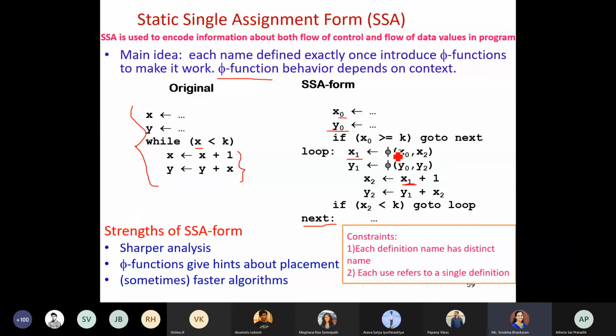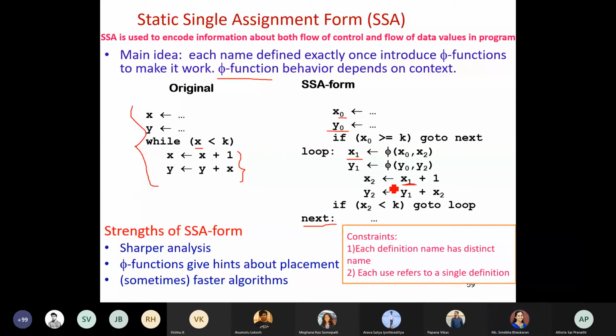I have called this phi function where x0, x1, x2 is what I have mentioned. What are x0 and x2? The first time, the initial value is stored in x0. x2 is the one which, within this loop, I kept on adding to the same previous x value and updating it, so I have sequenced the numbers, and x2 is next in the sequence. What the phi function does is select the recently updated value, whether it is in x0 or in x2, and accordingly it will be assigned to the x1 variable.